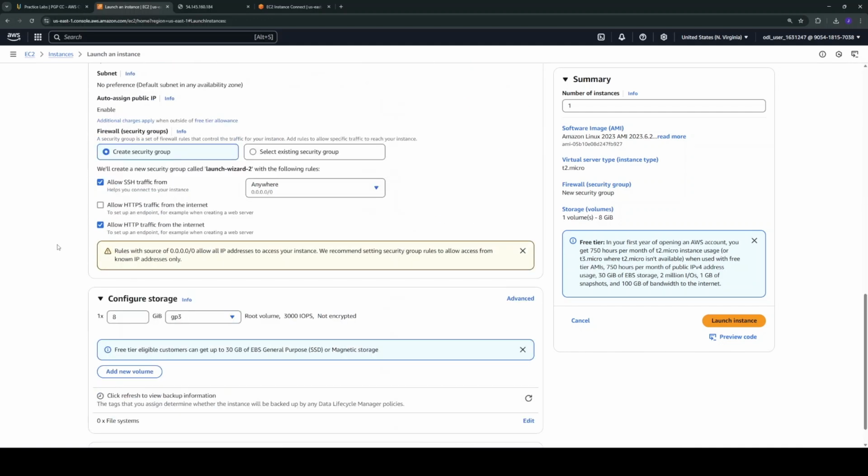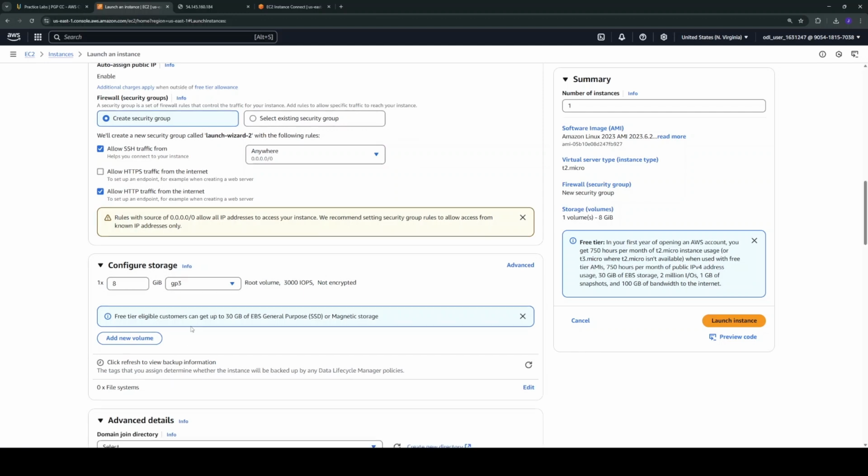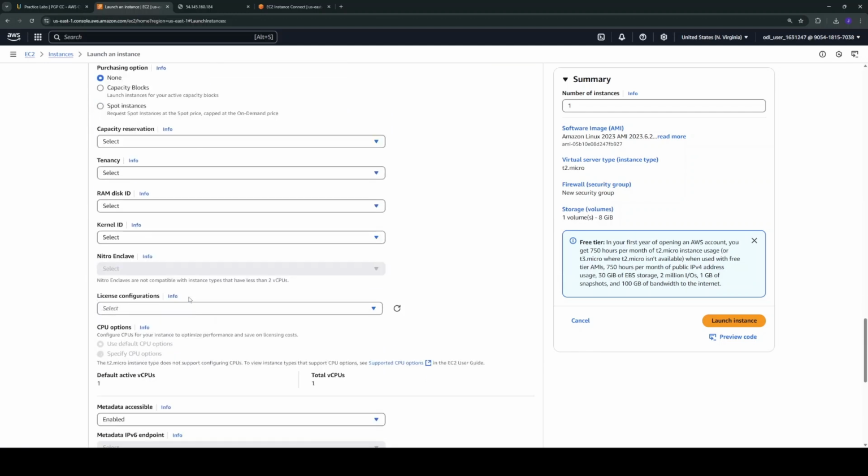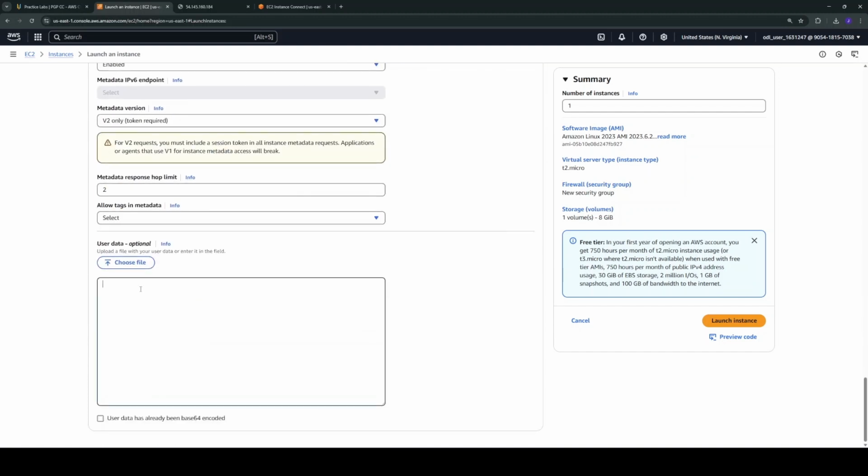Advanced details. There is a section in here where I'll need to bootstrap my server. I'll need to get several things installed, and it's an optional section. You can actually do this after the instance has been provisioned. That's also an option. But what I want to do is, when the instance comes up, I would like to install some software as part of the provisioning process. I would like to automate that. I'll say yum install httpd -y,